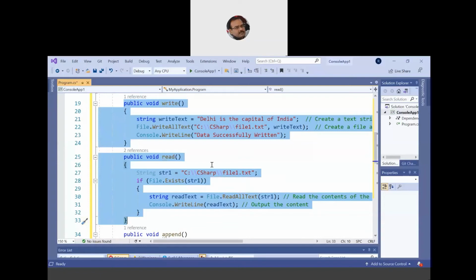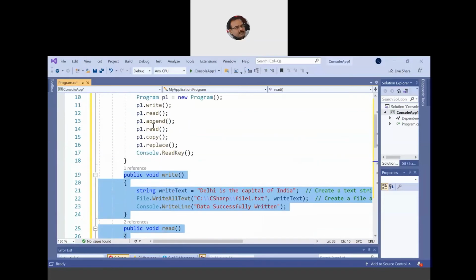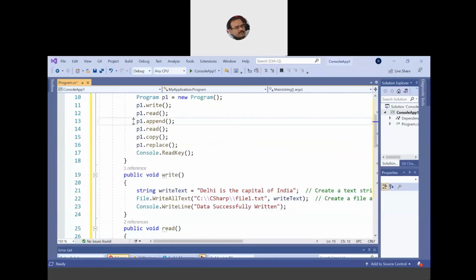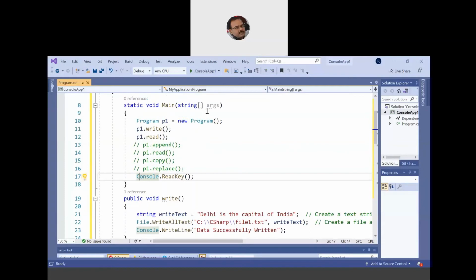Now let us only execute this much portion of the code. So what we do, we make the other functions comment entries as of now, so that they are not called. So we only have two functions right now, write and read. And then we go and just execute the program in its current state. We'll do something more later on. Let's execute the program as it is.